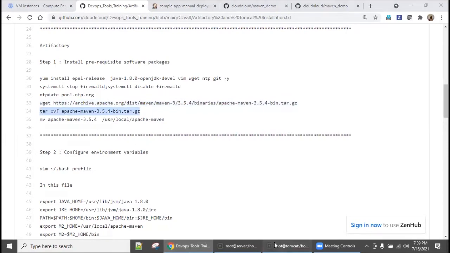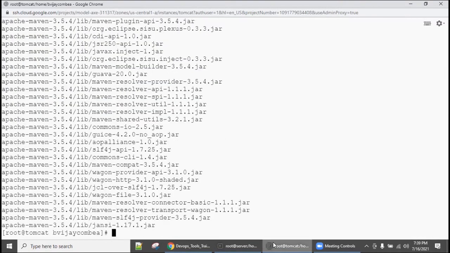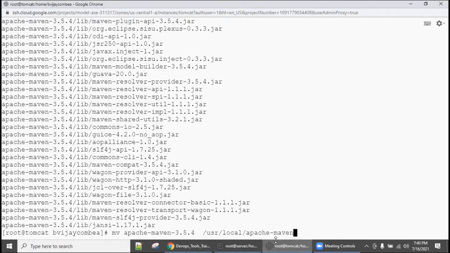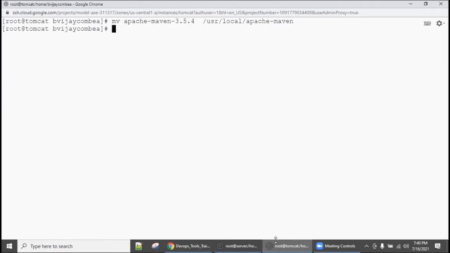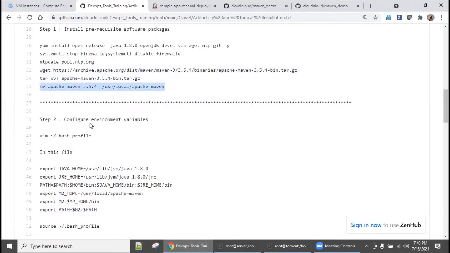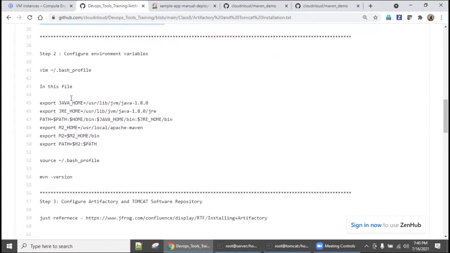So we are extracting it, and then we are configuring it under user local. This is just to make sure we facilitate the environment according to the environment variables. The second step is you need to configure the environment variables, because right now if you run any commands, they will not work.